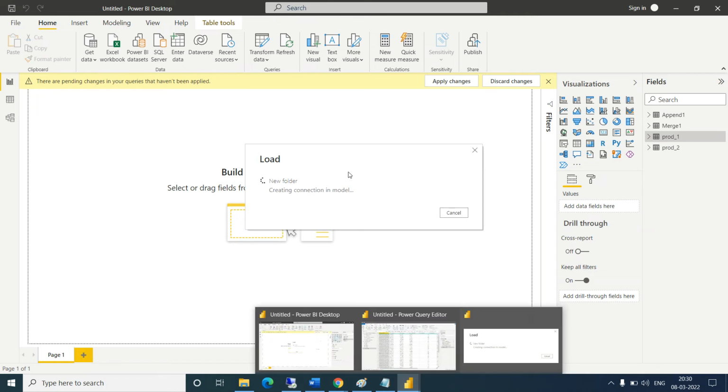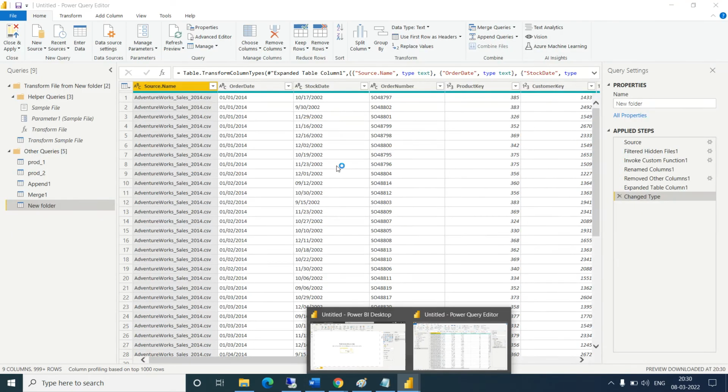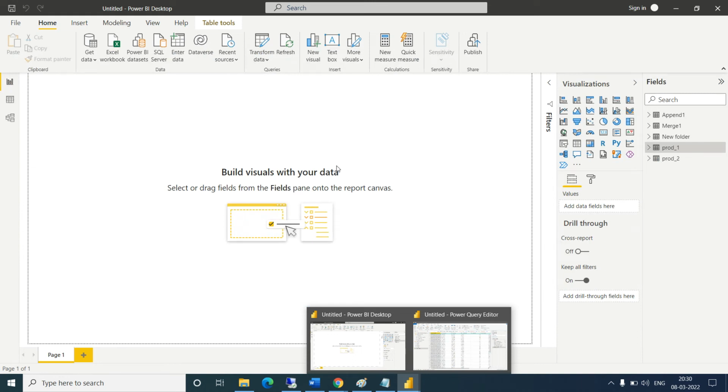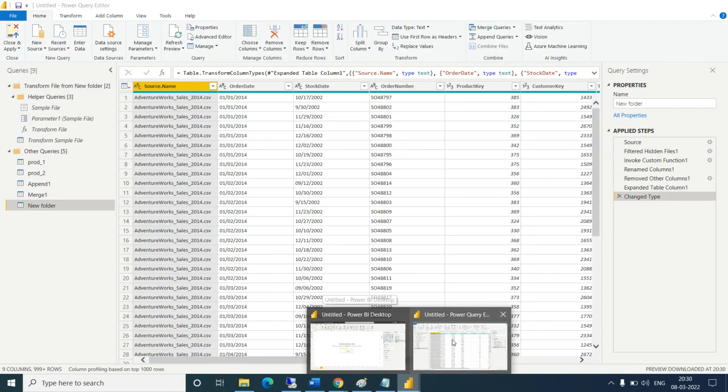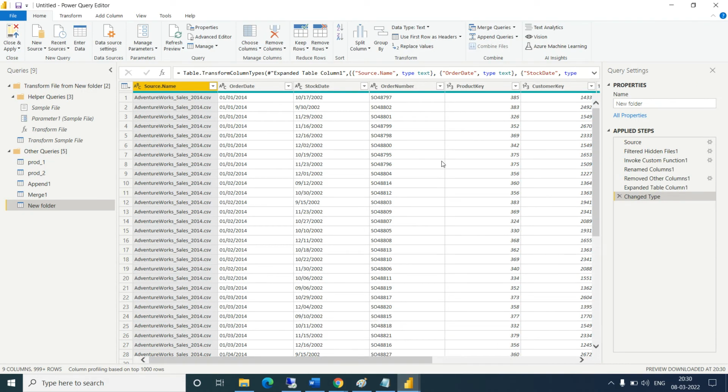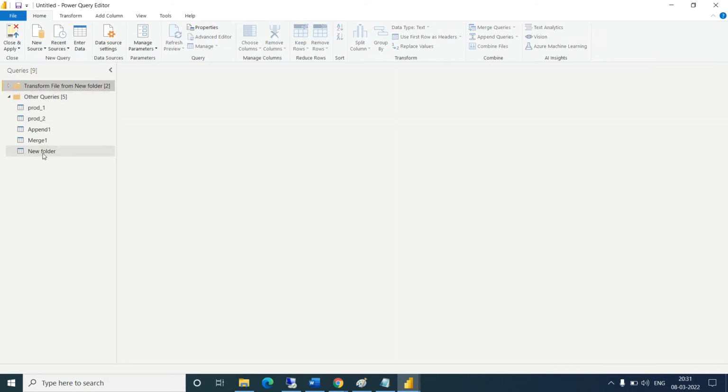Okay, so it is loading. Once you load the data, you can see the new folder.